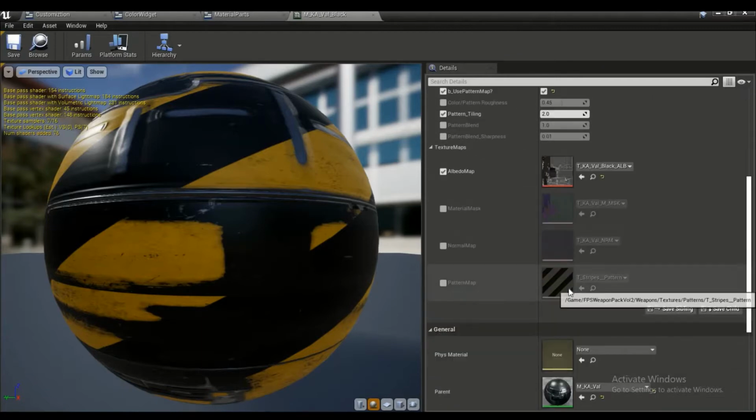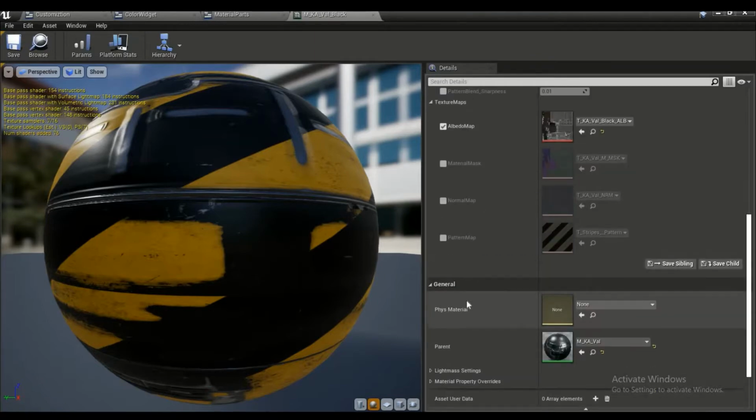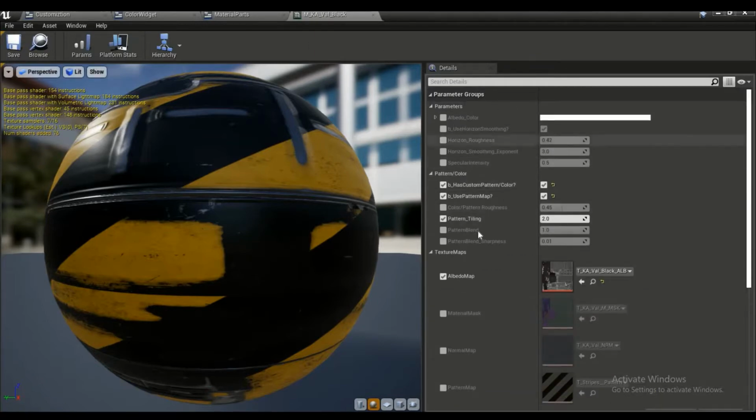We could even change the texture, the pattern, but we're not going to be doing that. But the main thing, like I said, is to have a material that has a material instance that you could change. So you would definitely be needing that for this tutorial here. Alright